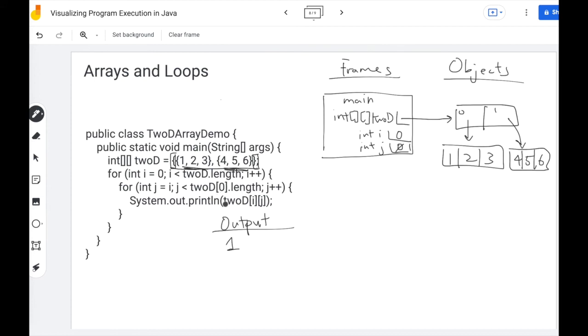And so now we print 2d of 0, 1, which is 2. j increments. j is less than 3. We keep going. We now print 0, 2. So we print out the value 3. j is now 3. 3 is equal to the length of this first array, and so we're done with this